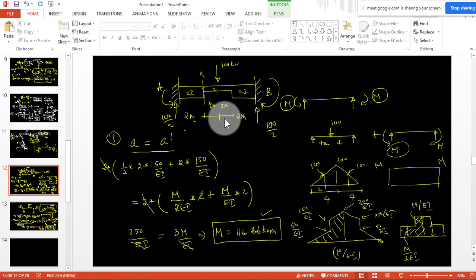Why? Because if you know the displacement, you can find out forces if you want. But everything will not be asked in a question because that will be too lengthy. The concept is that force and displacement are related. If you know one quantity, you can find out the other one. If you are using a force method of analysis, you will first find out the forces, meaning moments and reactions. If you are using a displacement method of analysis, you will find displacement first, then forces. So here you have to find only forces. Force means moment and shear force. Sorry, reactions and bending moment.